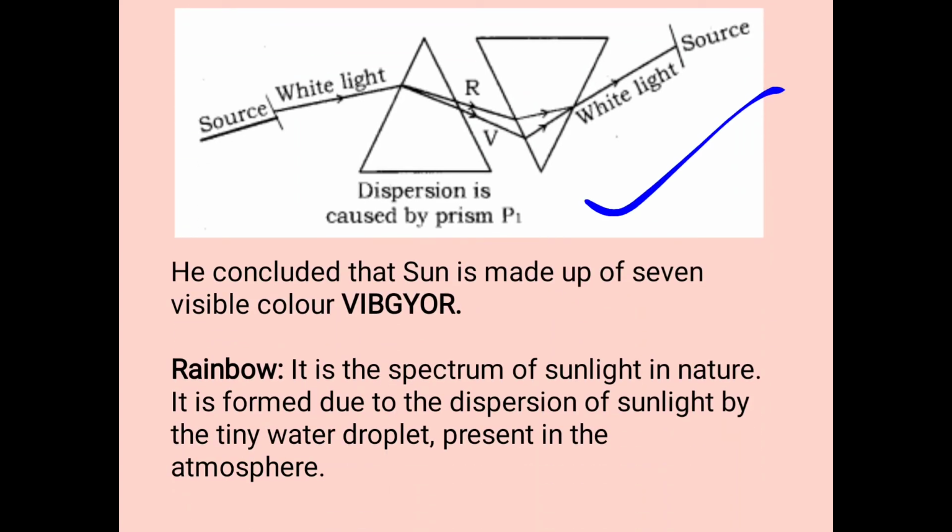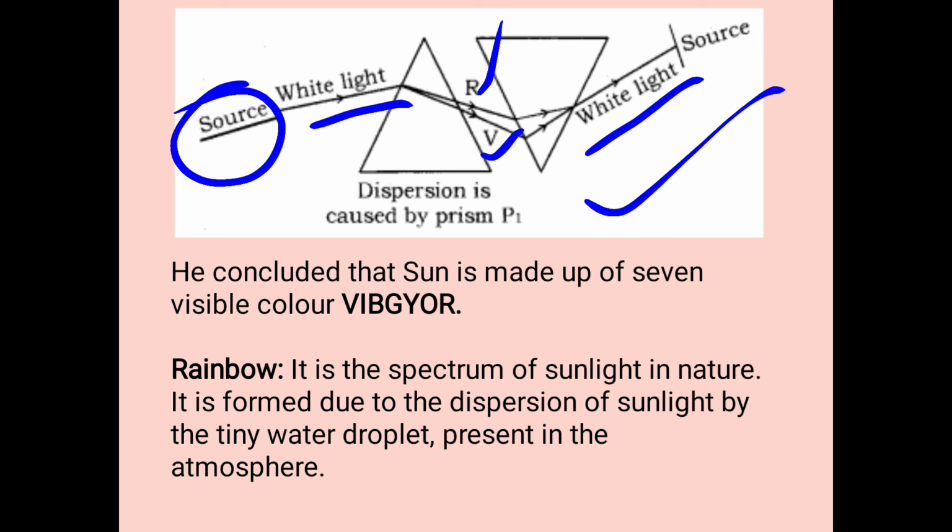So again, with the help of this diagram, we can see this is our source. Suppose we have the sun, and this is the incident beam of light getting incident on one face of the prism. It gets refracted inside, and we get 7 bands of colors. This is the red color which is bending the least, and this is the violet color which is bending the most, and it gets incident on one face of this inverted prism, gets refracted, and the emerging ray, as we can see, is white light, the same as the source, our sunlight. Okay, so let's move further.